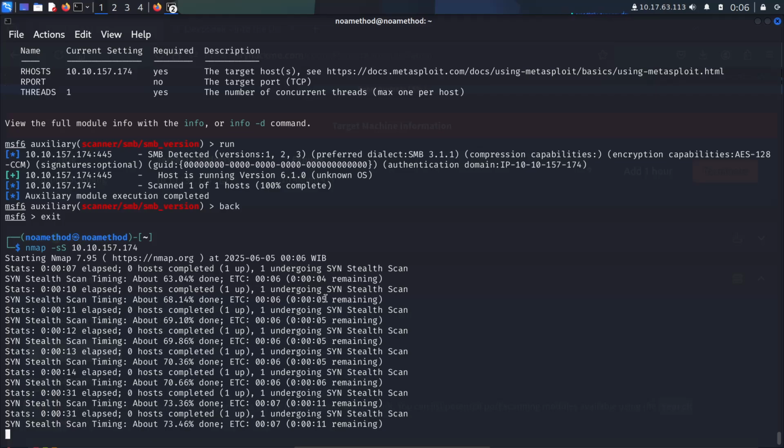It's at 73%. Maybe I must turn on my cam. My field is so small, I don't know why.